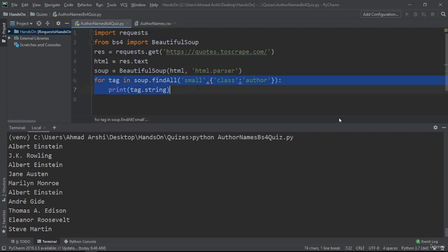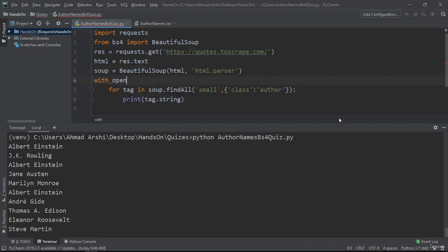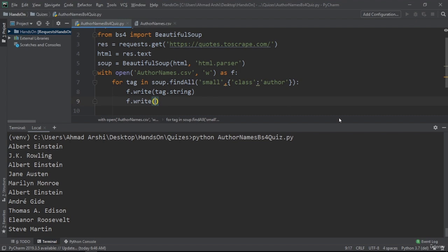So what we have to do is give it a tab. Over here we just have to open the file author_names.csv. As we are writing it, we put the flag w and the file handler f, and over here instead of printing we will just do f.write to put that thing in the file. And again, to distinguish the lines, we have to add a \n here. Now if we give it a go,